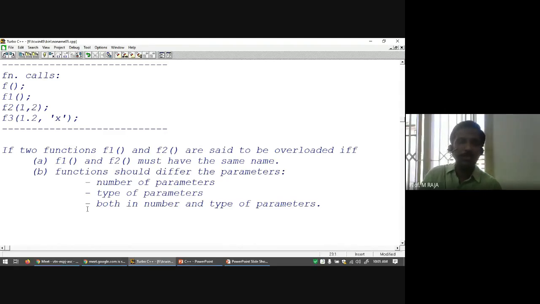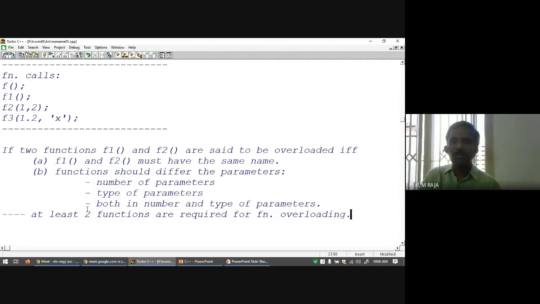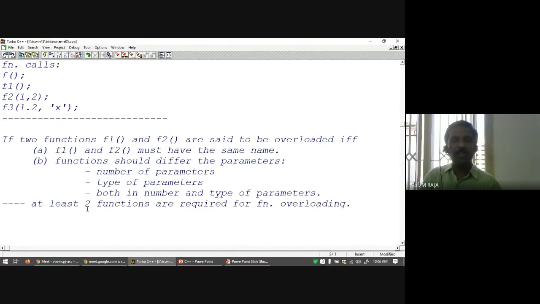So first, to understand, the number of functions required for function overloading is at least two. At least two functions are required for function overloading. So having the functions f1 and f2, their names must be the same. So if we consider